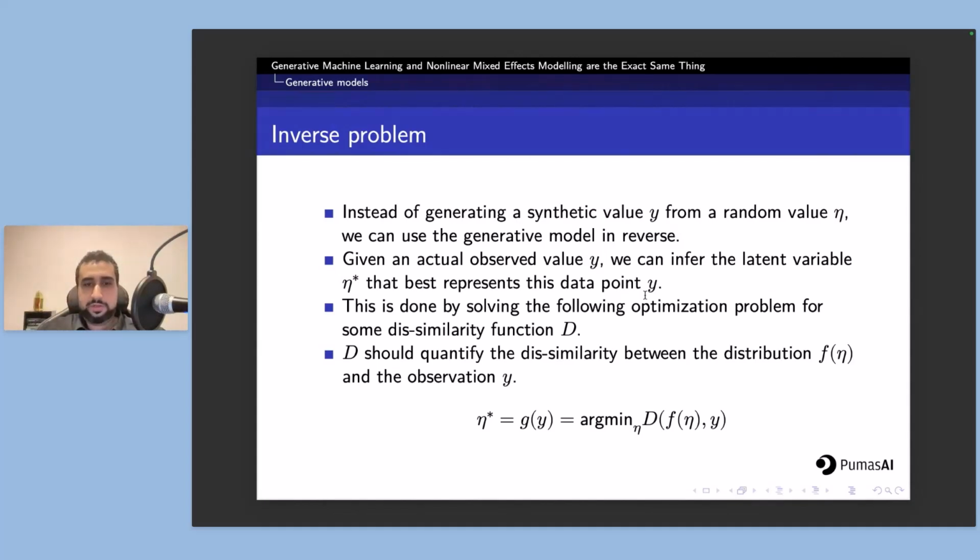And the way that this is often done is by solving an optimization problem and minimizing what I call here a dissimilarity function d. Dissimilarity is just like a distance function, a function that tries to measure how dissimilar or how distant two quantities are. Now, the term distance in math has a very precise definition, so I'm using dissimilarity as a more casual distance measure. And so the idea of this uppercase D function is that it measures the dissimilarity, in this case, between the distribution f of eta, the output of the decoder, and